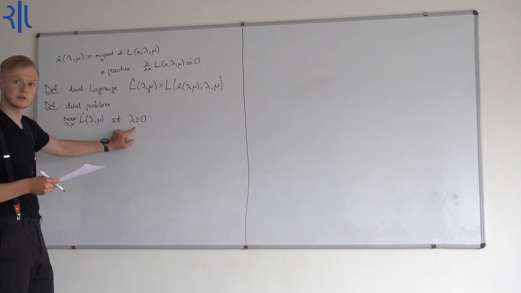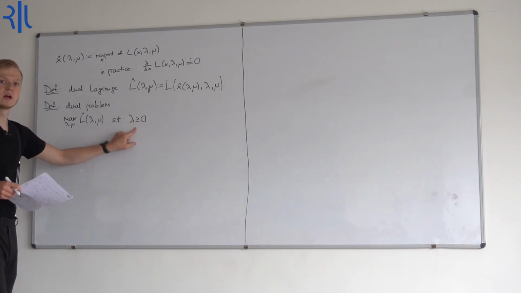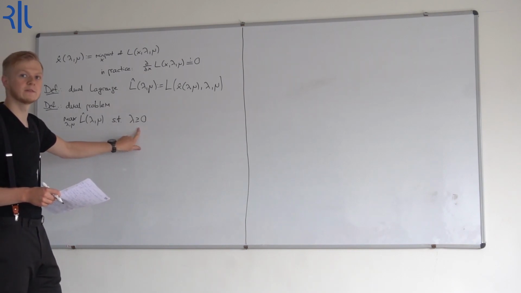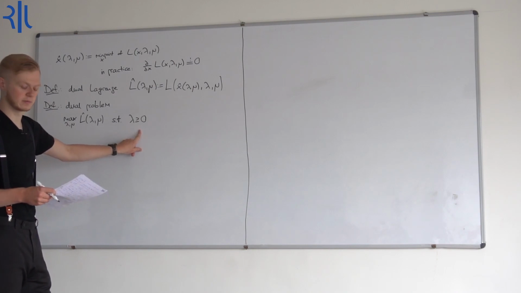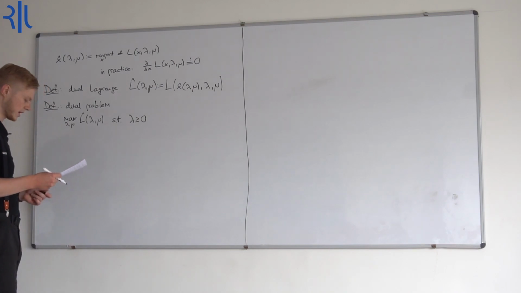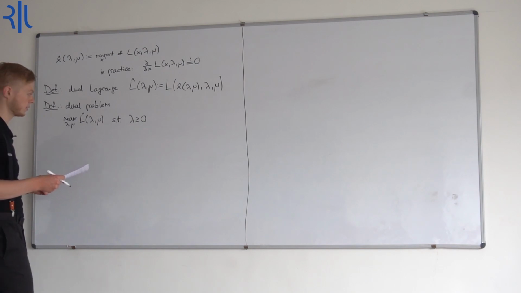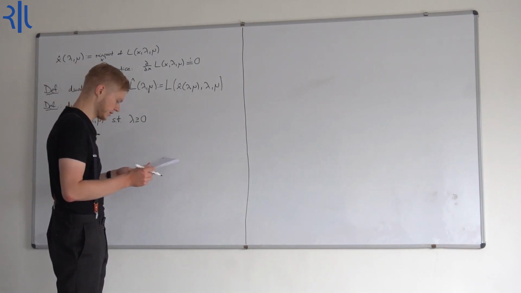So the lambda greater or equal than 0 comes from the fact that we have chosen them to be the Lagrangian multipliers for our optimization problem. And we further want or demand that